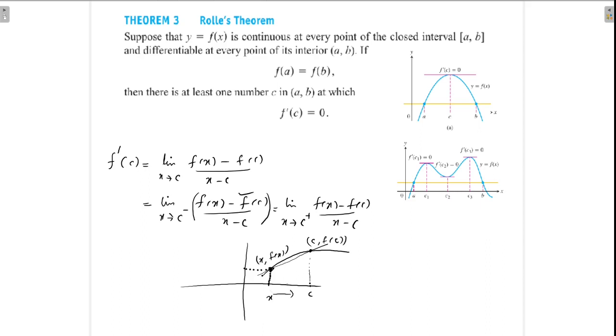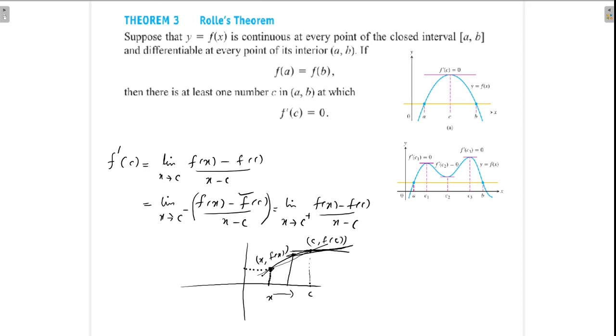When x tends to c, we need to let this x get near to c. Then the new x should be in between these 2 points. So if this is our new x, then the quotient stands for the slope of the line like this. So when x tends to c, we can say that this line approaches and coincides with the line at c. This line is called the left hand tangent at x equal to c.